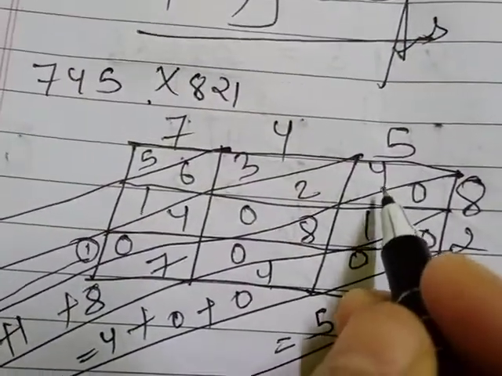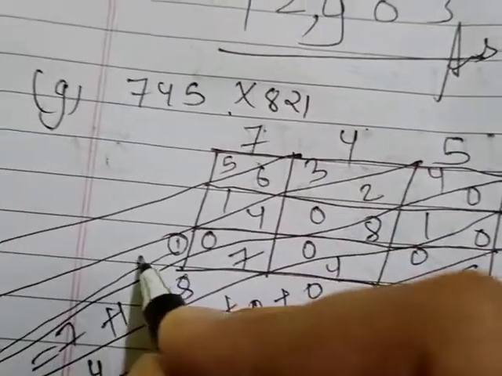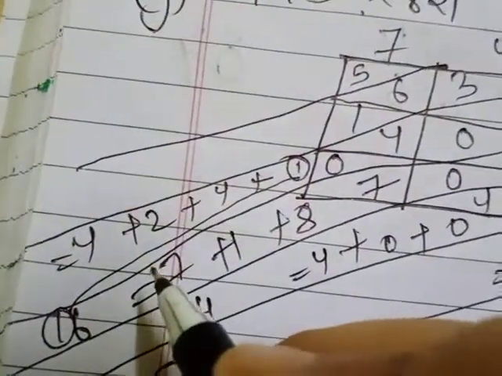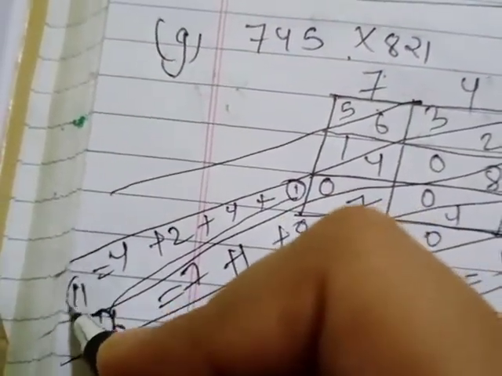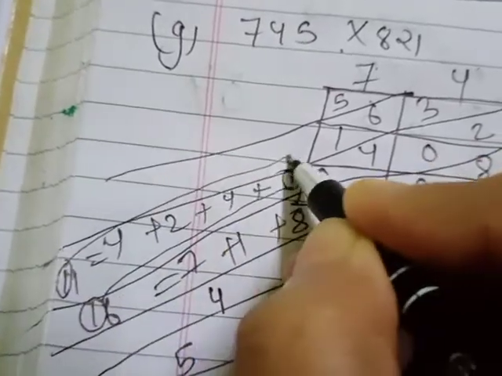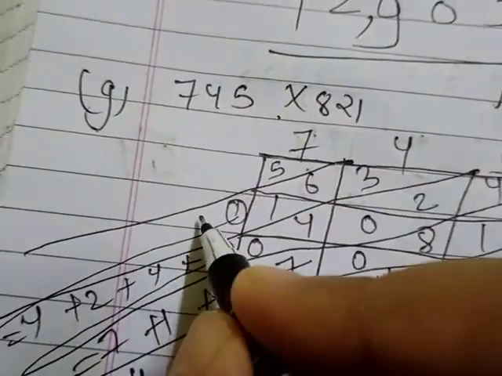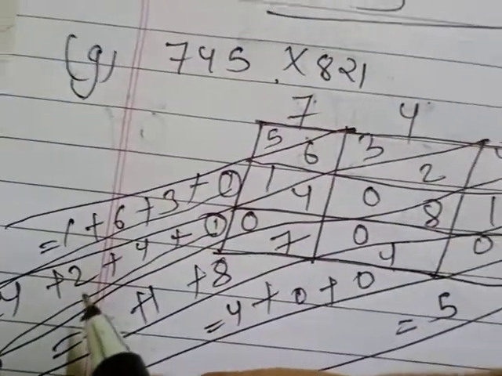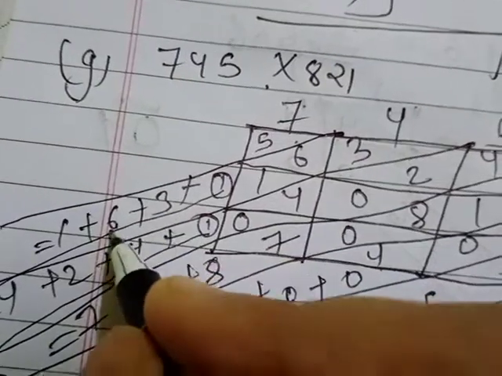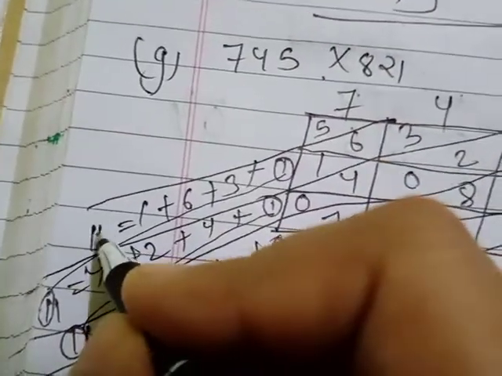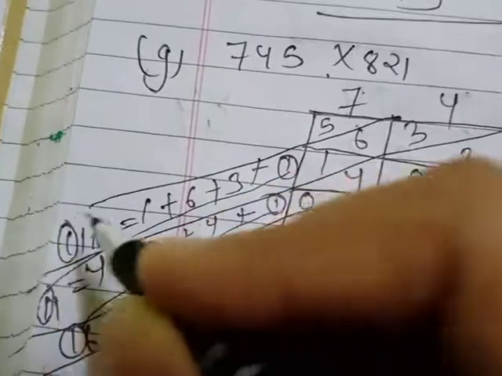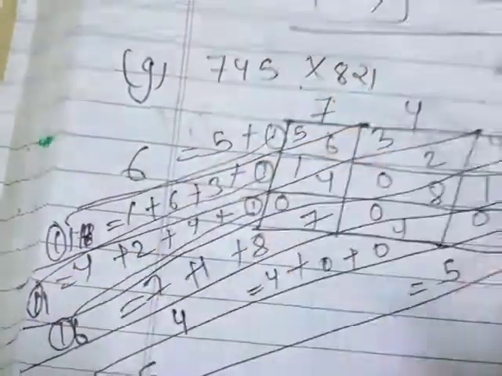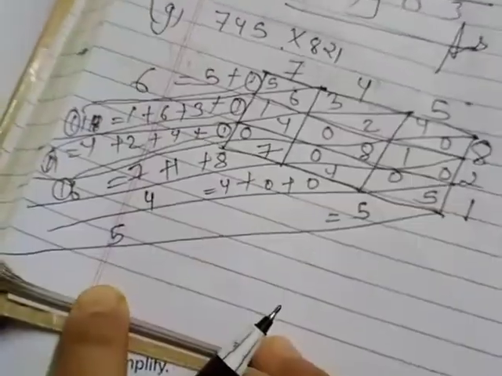Now moving forward, 4, 2, 4, right? So plus 4 plus 2 plus 4, so 4, 4, 8, 9, 10 and 11. Again this 1 will be carried to the next place here. And here what is there? Plus 3 plus 6 plus 1, so it will be 11 here. 6 plus 3 plus 6, 9, 10 and 11. This 1 again will be, I'll write like this, 11. Then 1 will be carried forward here. 5 plus 1 is 6. Clear? So like this we have done the multiplication.